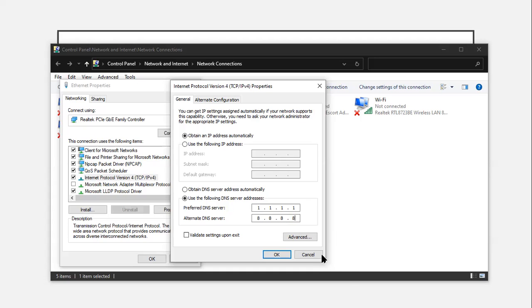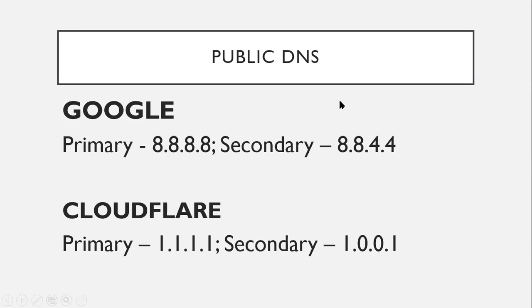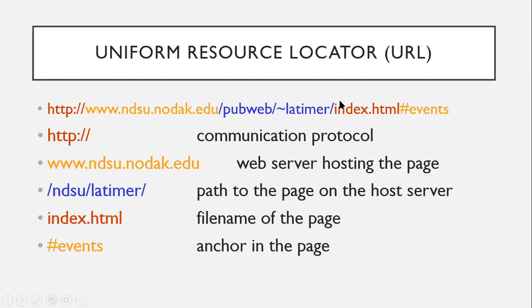Now, moving on, let us proceed to this one, the Uniform Resource Locator. So when we break down a certain Uniform Resource Locator, what are those components? One is the communication protocol.